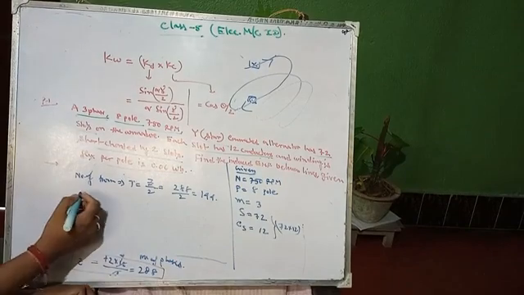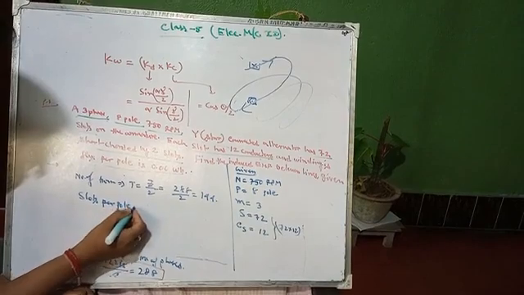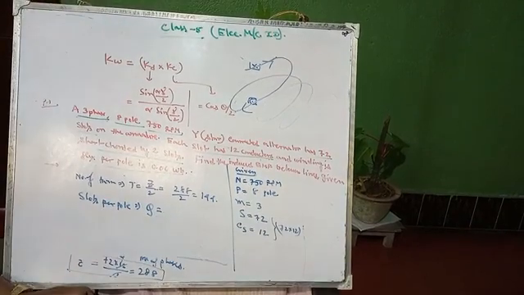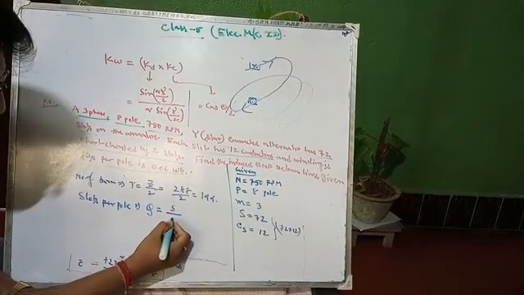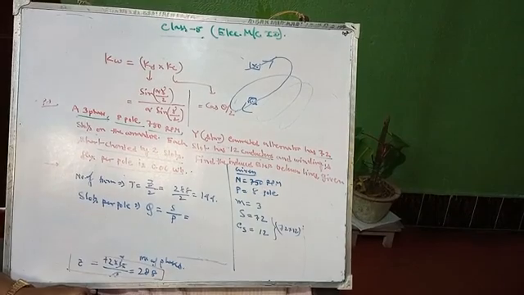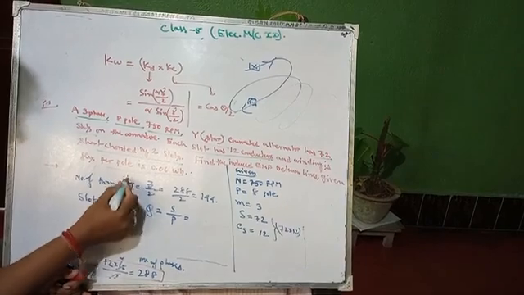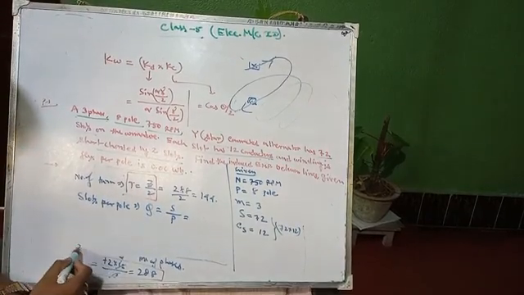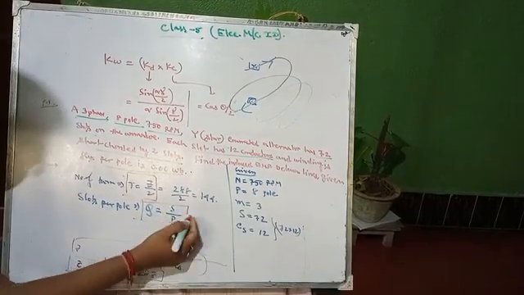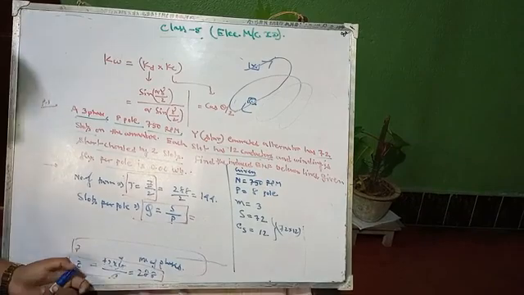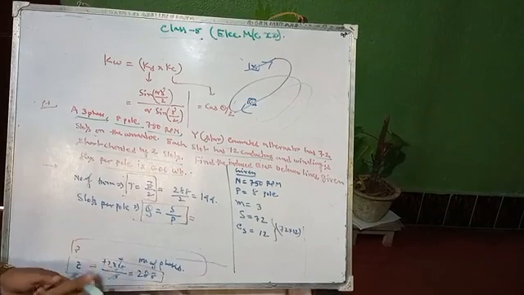Now slots per pole. What are the slots per pole? That is capital Q. So what is the value of capital Q? We have the total number of slots by the number of poles, S by P. This is the formula, so you can box these formulas. T equals Z by 2, and Q, the number of slots per pole, equals S by P. This small formula you have to remember for your exam purposes.